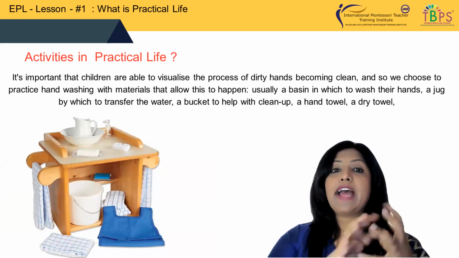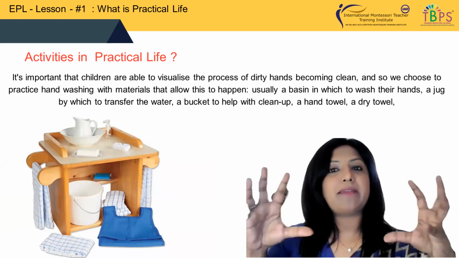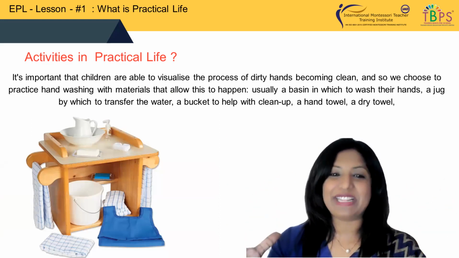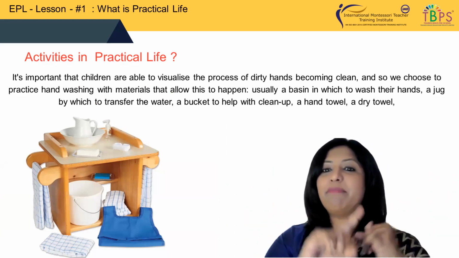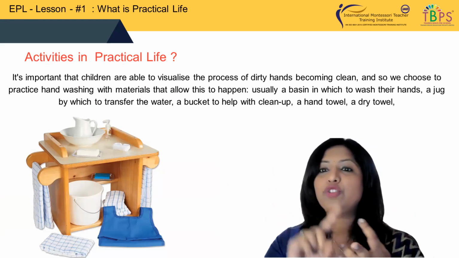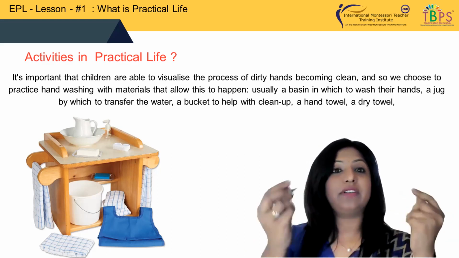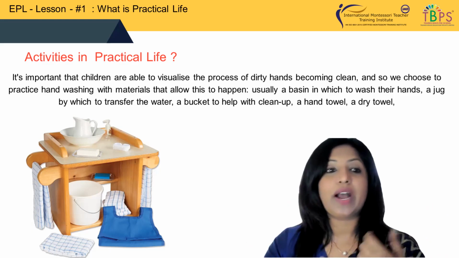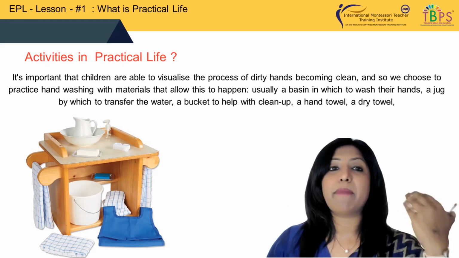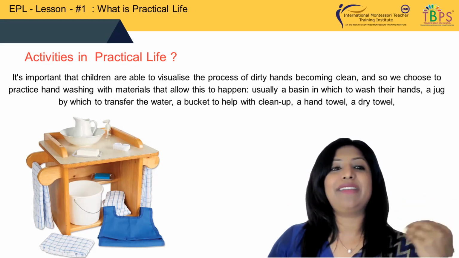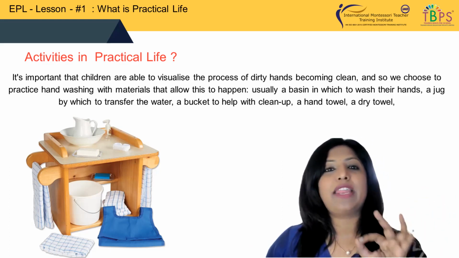Now, when we are working on hand washing, we have to use a hand washing table. When I say hand washing table, it is not a very fancy thing. It's just a simple table on which you will make sure you have all of that. You have a basin to wash their hands, you have a jug or a mug, you have some water, you have a bucket which is very clean, you have the liquid soap to wash your hands, you have a dry towel, a hand towel, right? All these things are very important for us to be well prepared. Once you have everything prepared, you can begin introducing these activities. So preparation time is very, very important.